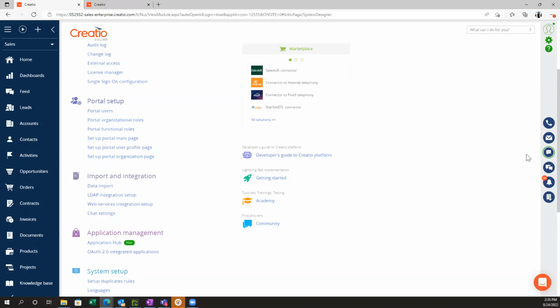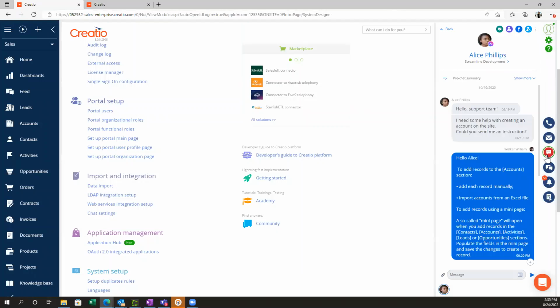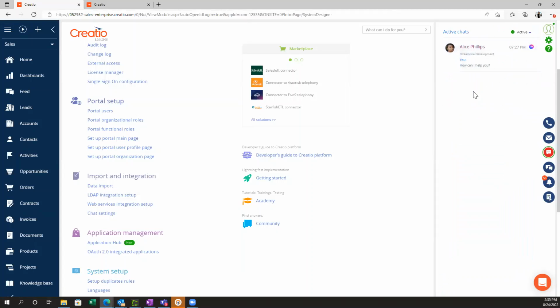In the menu bar on the right, this icon for chats, once that's clicked, it would show any chats that are available or any chats that have come in. It would show a list by active or inactive chats. So once you set that to active, any chats that would come in would show up here and you'd get a notification. So going back